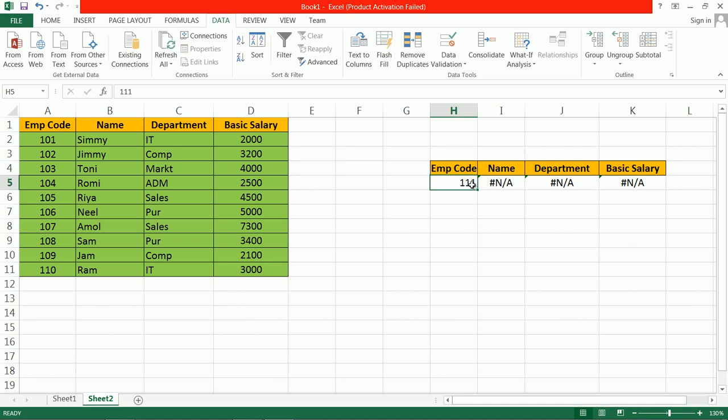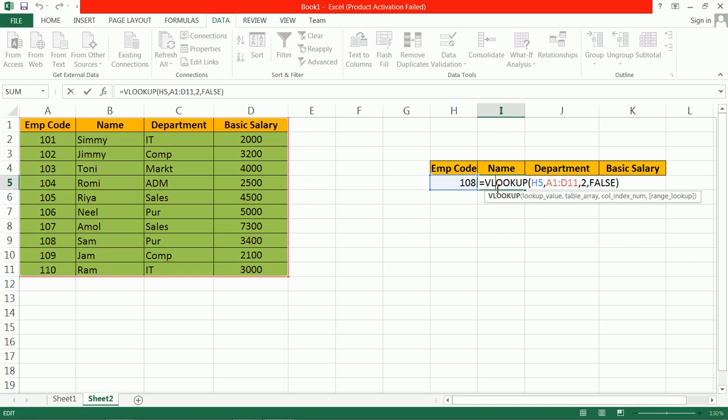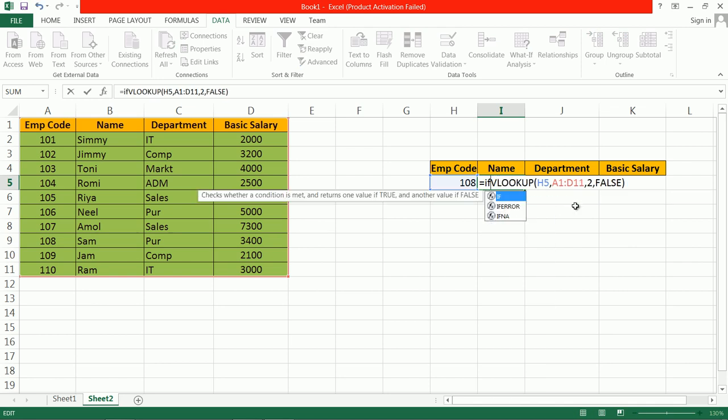Then let us remove this error. For removing this error, you only have to apply here the IFERROR function, IFERROR.